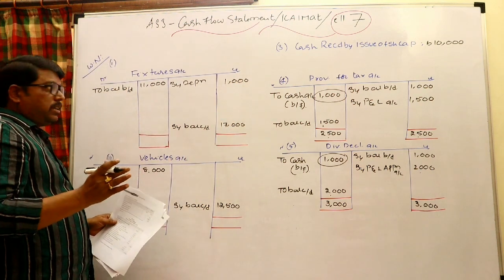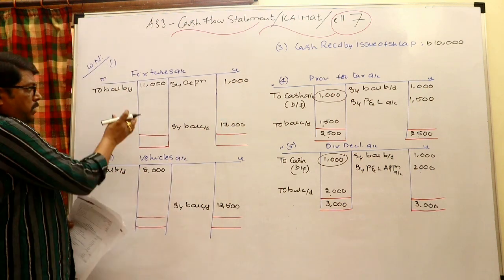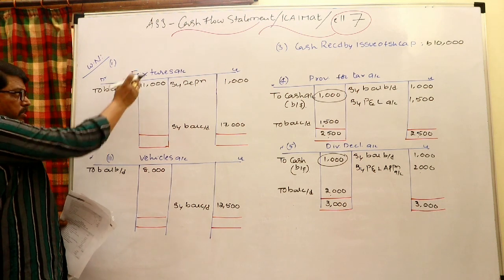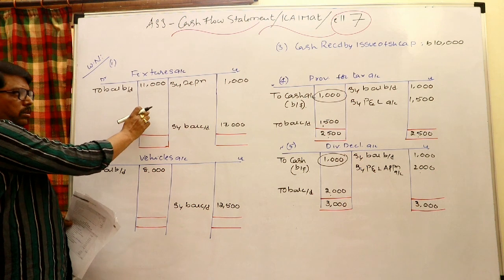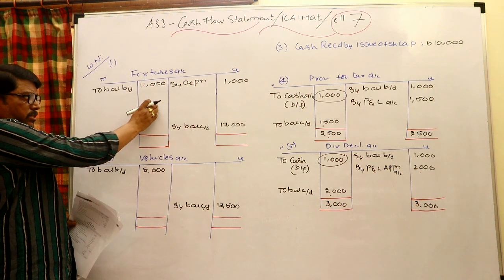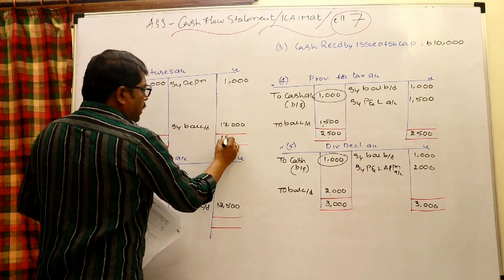No information is given related to fixtures, so obviously you can find the missing figure here. When you look at the fixtures account, it has a cash account, so the balancing figure can be known as the purchase of fixtures during this year. Okay, right. So 18,000,